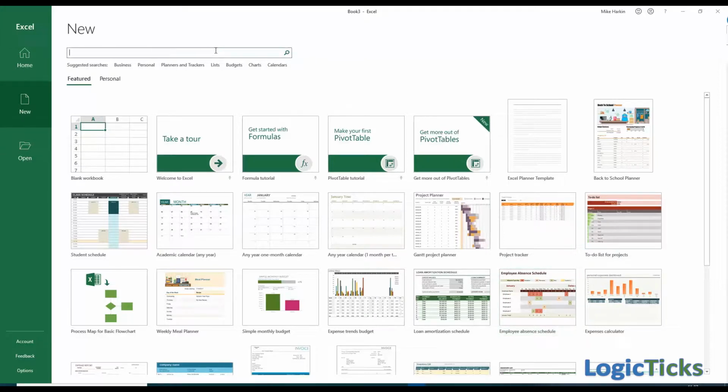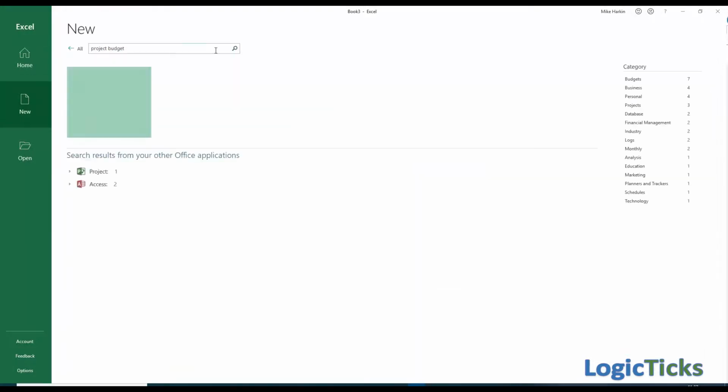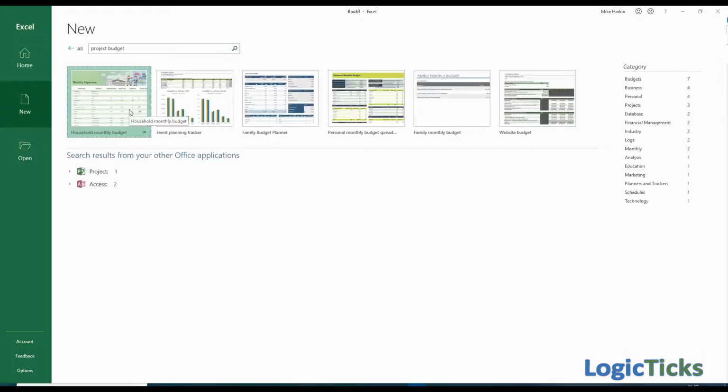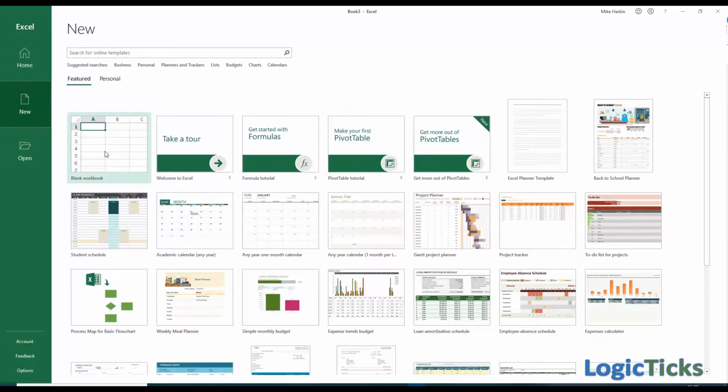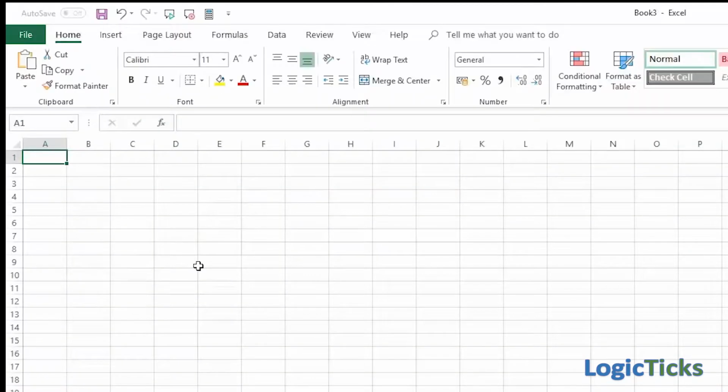Since we're going to do a project budget, if we look at other online templates that might be available, put in project budget, see what comes up, you'll see an awful lot of budget related things will come up, in various different areas, and results for other office applications as well. So if we go back, we're actually just going to start completely from scratch with a blank workbook,